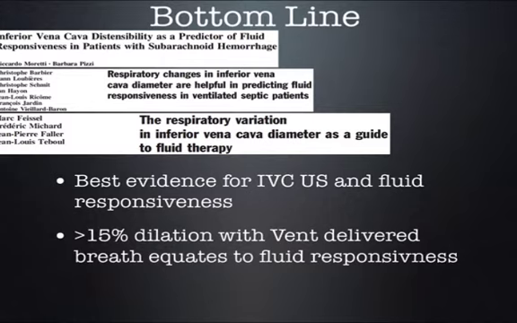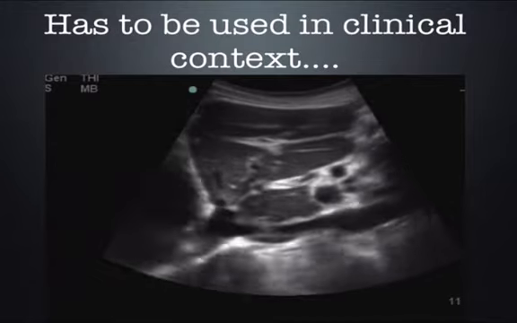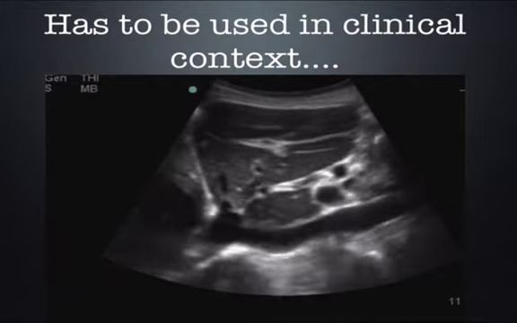Nonetheless, each of them found around 15% dilation with a delivered breath with a ventilator correlated quite well with fluid responsiveness. And 15% increase in the Cava index is a very widely accepted threshold for fluid responsiveness in the mechanically ventilated patient. The last point I want to make before we move on to the pump is that the respirophasic